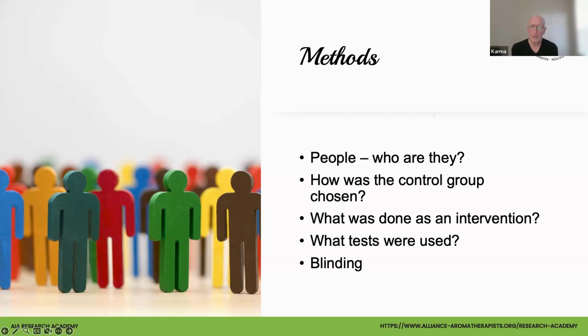Then you want to talk about blinding. Blinding means not what it actually says. It usually means that the patients, excuse me, the clients were not aware of whether they received the intervention or they were part of the control group. If it's double blind, then the people who are writing the article did not know either. Next slide.